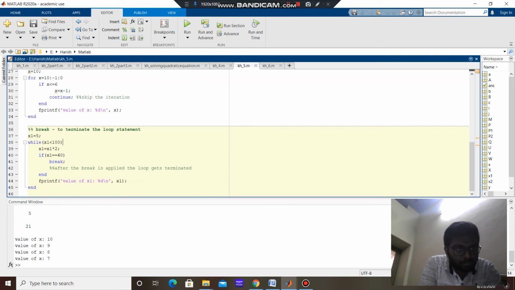And now coming to the break one. In this example, we use break. After using the break, the loop gets terminated. That means the statements within the loop are not executed. We can see that the values of x are being printed only up to